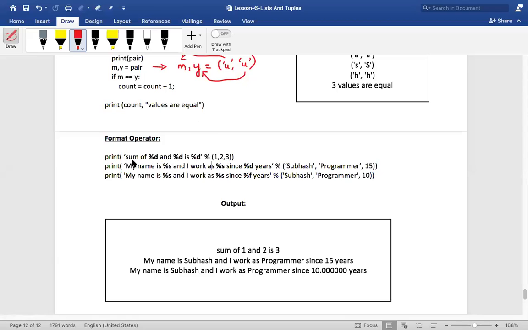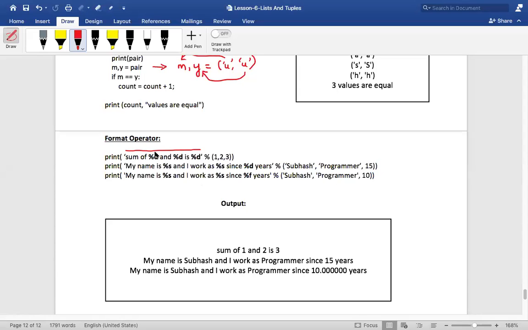Now, you can see this, my dear friends. Is that clear? Guys, are you there with me? So this is basically a string. And this is called your format operator. These are your format specifiers, and this is your format operator, which will combine, like in C language, in printf, you had a comma. So this modulo operator will separate the string from this tuple.